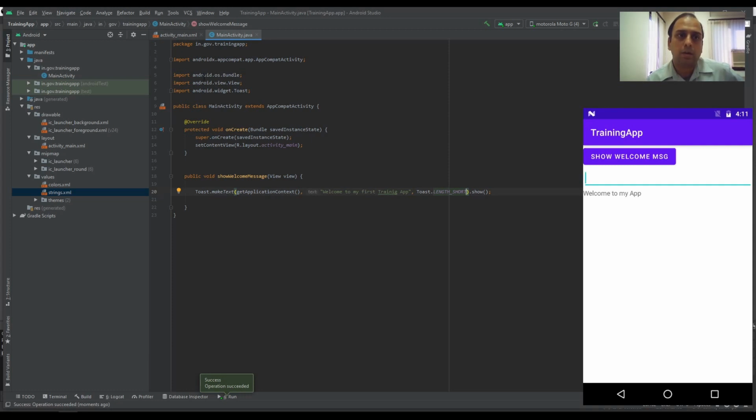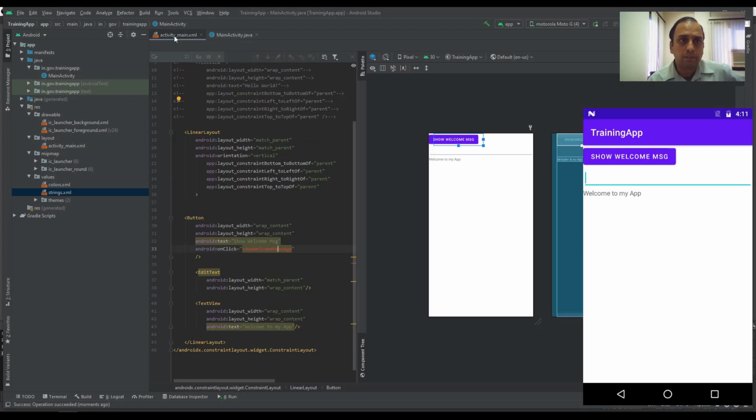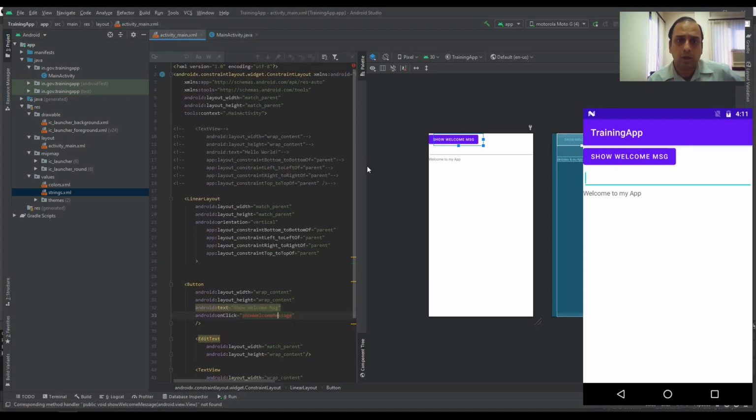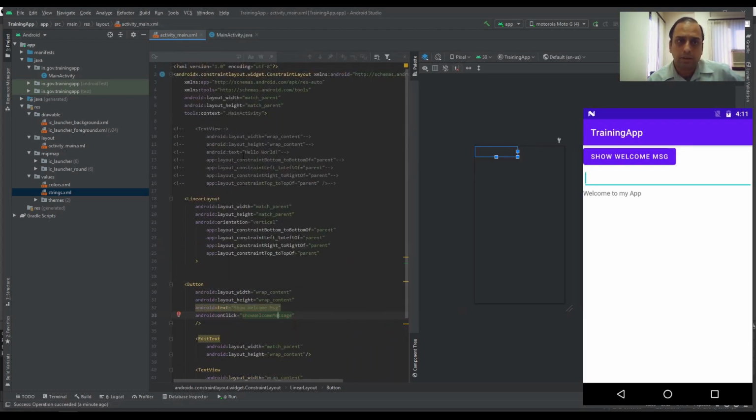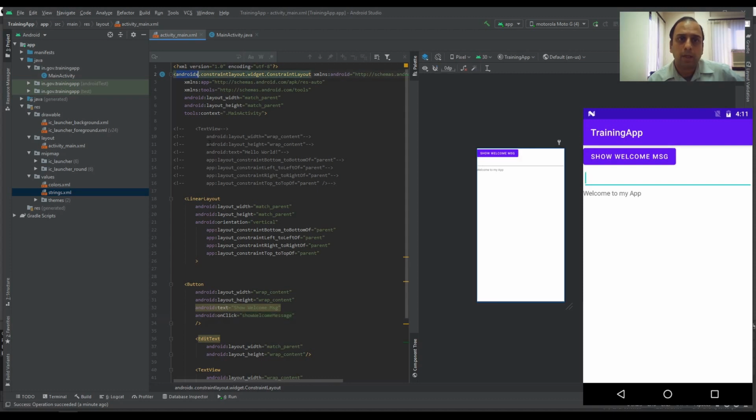Now let us understand a little bit about how this particular code is working. First let us see the layout part. In this layout, AndroidX is the support library.